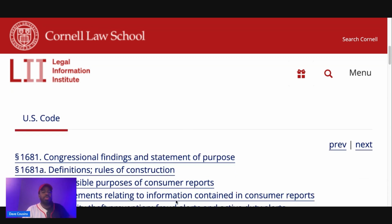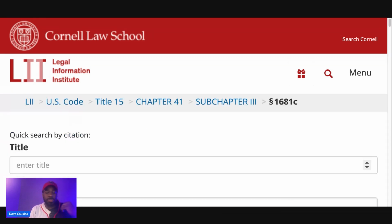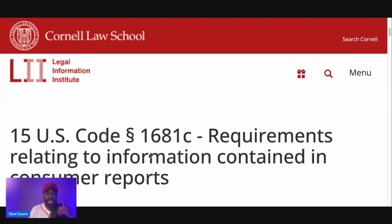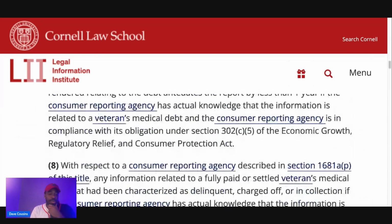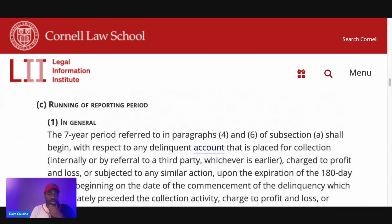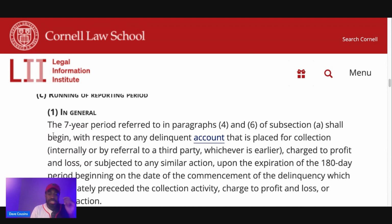Now, from there, what we want to do is go to 15 USC 1681c, and then just scroll all the way down, and you're going to see letter C. All right. Now, once you get to letter C, running of reporting period, as you can see, the 7-year period